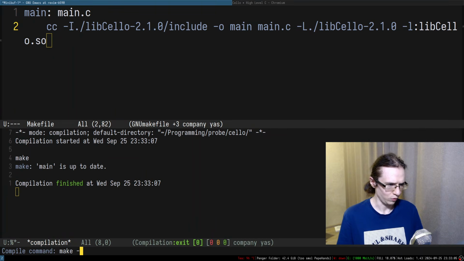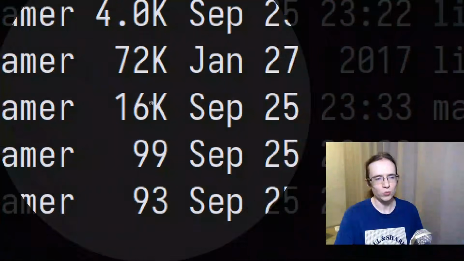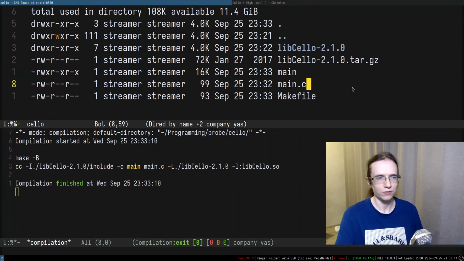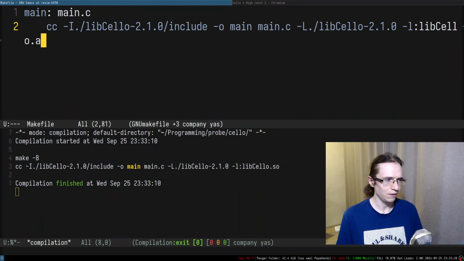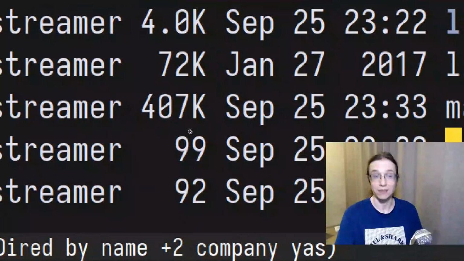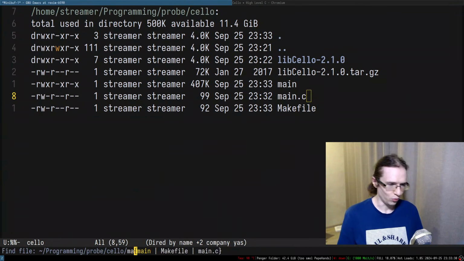So let's actually do -b, right? Well, yeah, so 16 kilobytes. We're linking with this entire thing dynamically, so that means it will be dynamically loading that stuff. And if I just use A, it basically bakes this entire library into the executable, and we get 470 kilobytes. Honestly, considering a Rust Hello World,